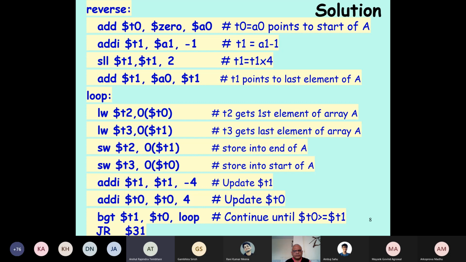Branch back to reverse? No. See, here we are just setting the start pointer to the first element of the array and T1 to the last element of the array. We have already swapped the first and last element. Now we need to swap the second element with the second last element. So if we branch back to reverse again, we will do the same thing that we had done. We'll repeat the first element again, we'll swap back. So that will not be correct. We have already achieved this. Yes, okay, fine.